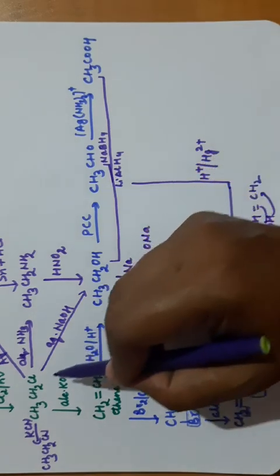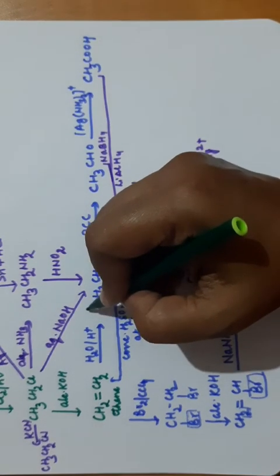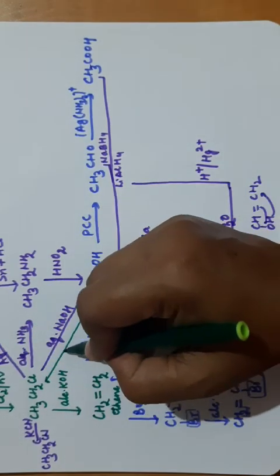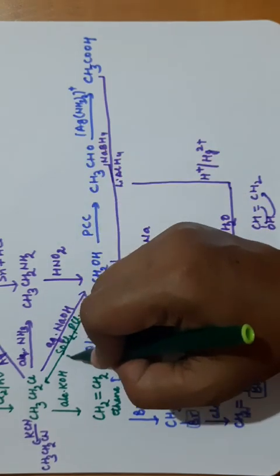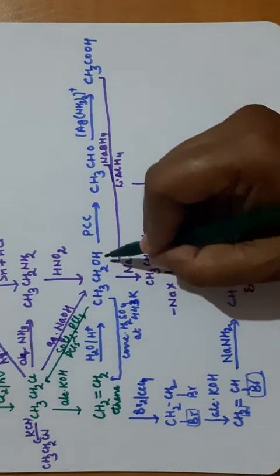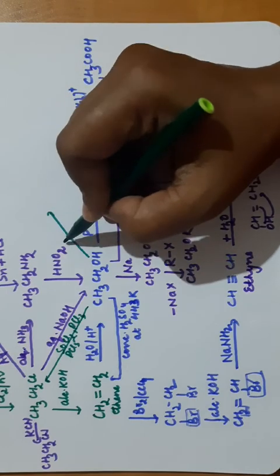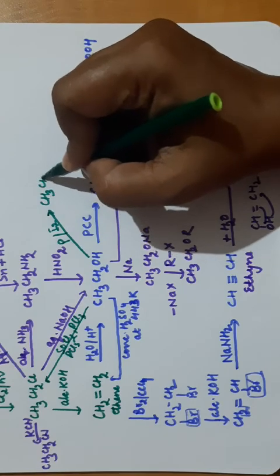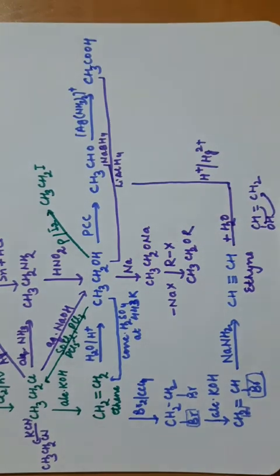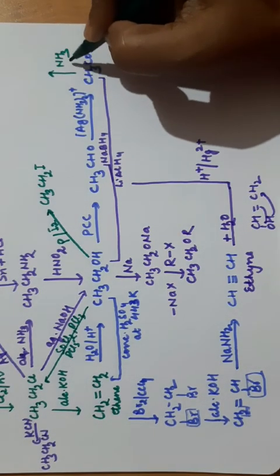You can convert alcohols into alkyl halides by using, now here Cl is there, so you can replace this OH by Cl. How? By reaction with, you can do the reaction with SOCl2, you can do the reaction with PCl3, or you can do the reaction with PCl5. By using any of these, you can replace OH by Cl. If you have to replace OH by I, तो हम यूज़ करते हैं P and red phosphorus in presence of iodine. This OH will be replaced by I. Clear?